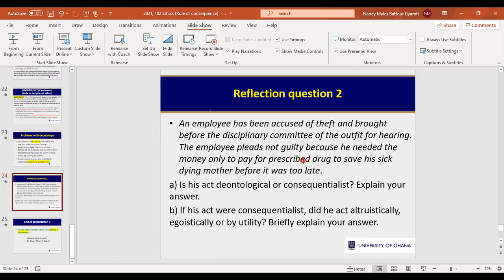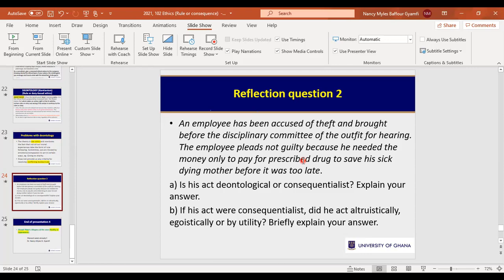I took the money because I needed to take care of my mother who was dying. If I didn't do it quickly, she would die. I can't go through the process of going to stand there. Please, I need help. People bring money. Everybody give me 20 Ghana, 20 Ghana, let me gather. No, I didn't have that time, says the person.